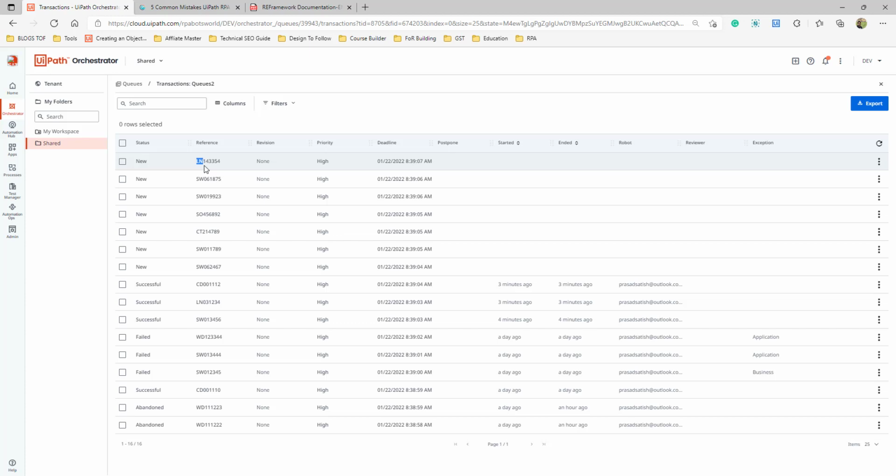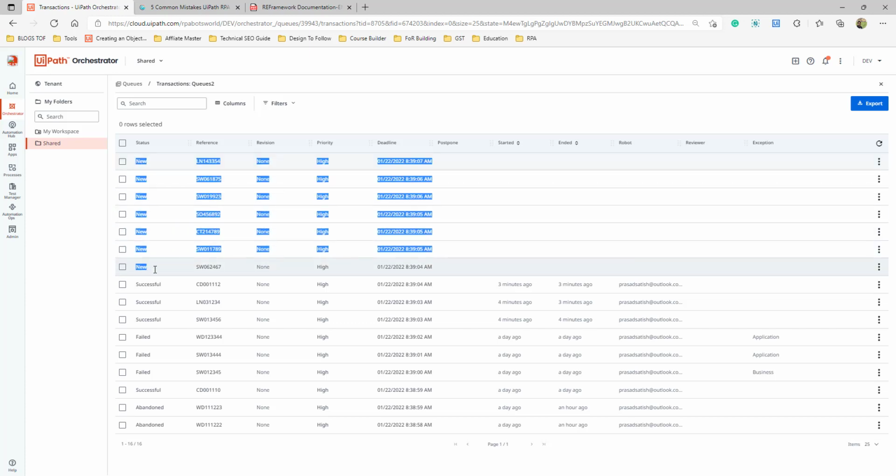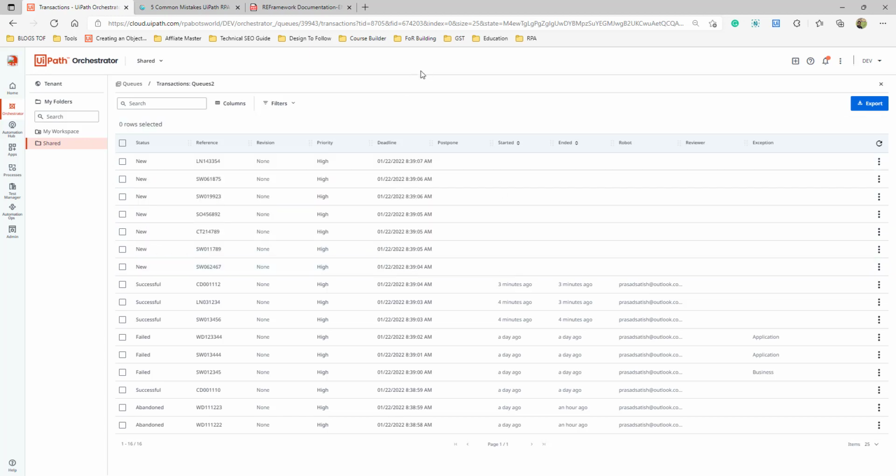That's regardless of status? Only New, not regardless of status. Okay. So only New. Cannot retrieve the failed ones or successful ones? No, there is a way of doing it. Say, for example, this is a failed one, right? What you can do is click on clone.